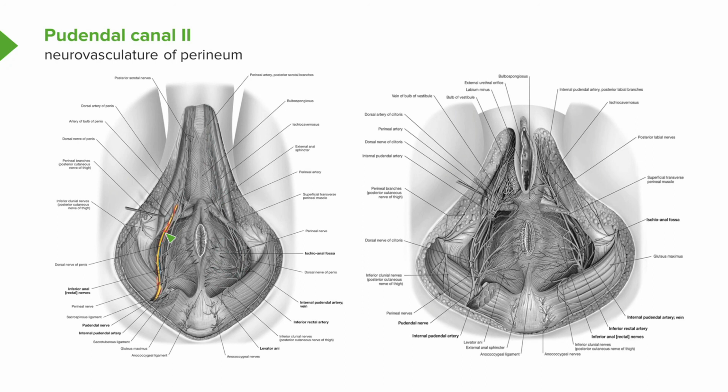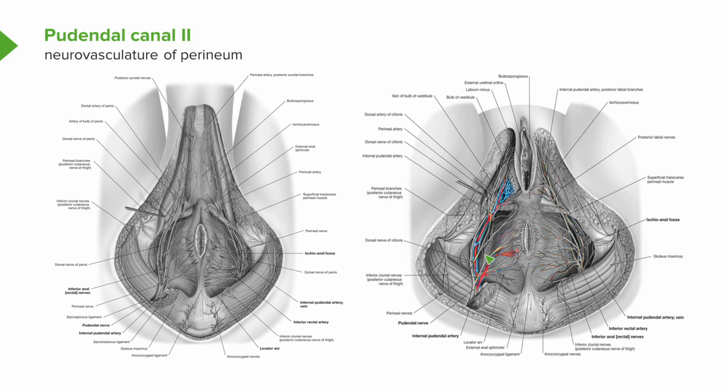If we look here at the female, then we have very similar structures. Again, we can see the internal pudendal artery running around in here, giving rise to the inferior rectal artery running around. This internal pudendal artery will then carry on. It will give rise to some posterior labial branches. It will then give rise, as we can see here, to the dorsal artery of the clitoris. This is going to supply the clitoris, just like the dorsal artery of the penis supplied the penis. We can see we have numerous